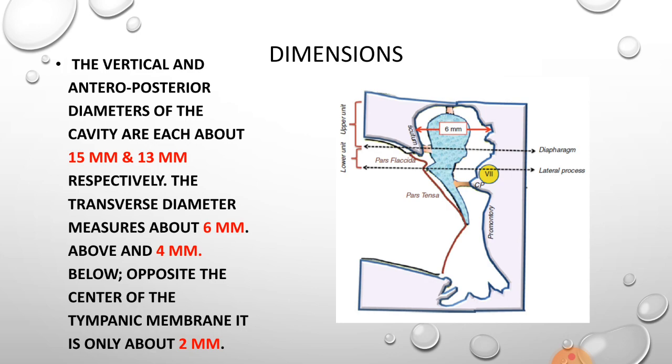As we discussed in our previous class, the tympanic membrane is located such that the concavity faces laterally and the convexity faces medially, and the umbo was the point of maximum concavity of the tympanic membrane. Now because of this convexity medially, we can see that the dimension of the middle ear cavity is smallest here, which is about 2 millimeters. This is the reason that here it is reduced to this low 2 millimeter size.